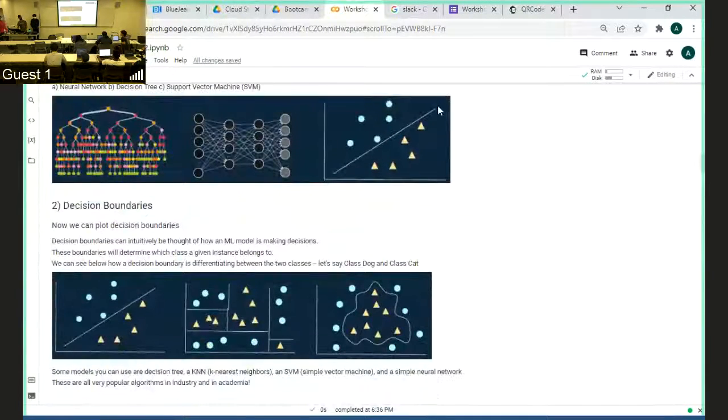And what you want to do, in the example here, there are multiple ways of separating data. You could have the line at the example right there, like you said, you could also have a zigzag line, or you could have lines at different angles. But the trick is, how do you choose the optimal